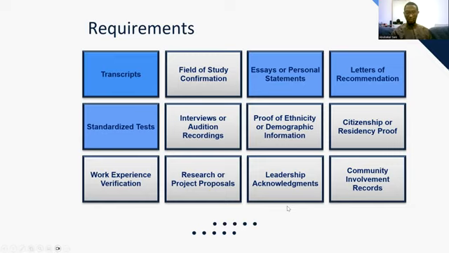We have leadership acknowledgements. So sometimes if you are, let's say, involved in the community, in a society or something like that, you could be a leader, and that could be one thing that they want, you know, for those who are applying for that particular scholarship. So they are only giving scholarships for people that have leadership background, that have some leadership qualities. So that could be a plus for you.